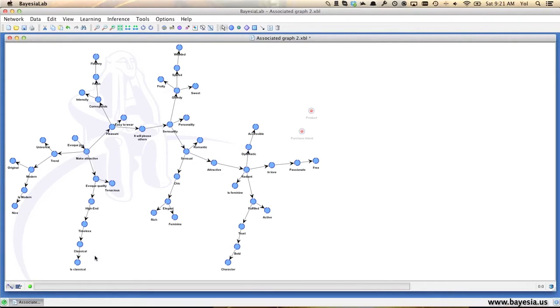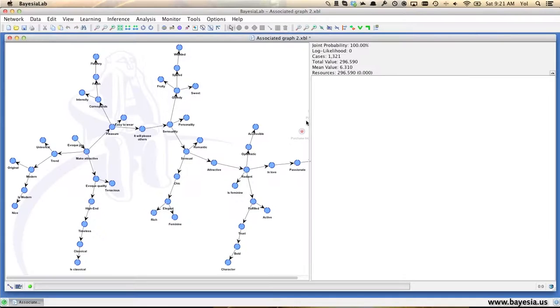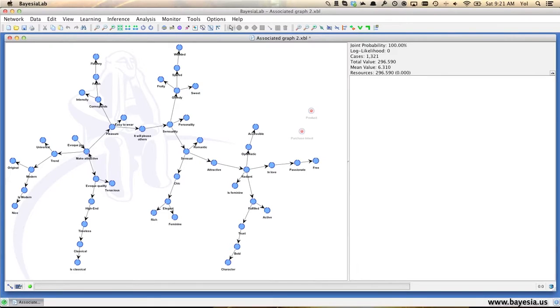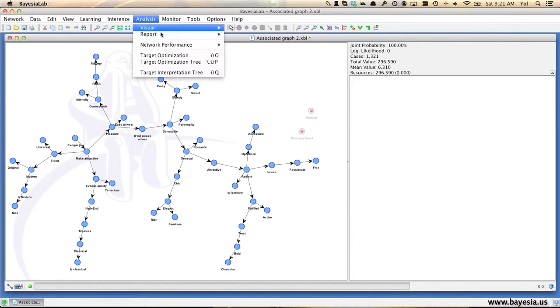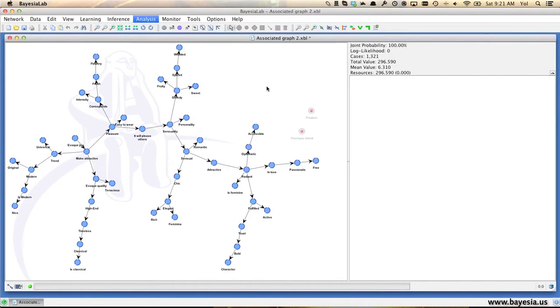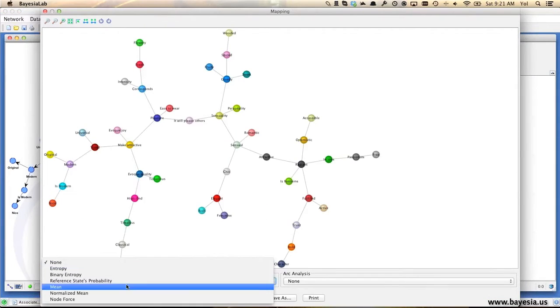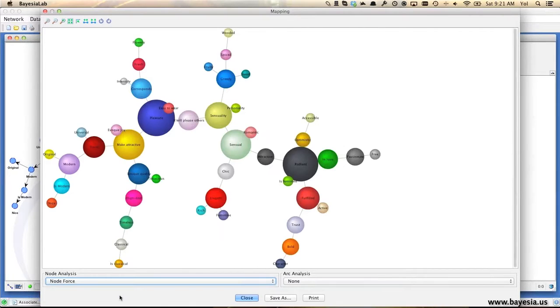To be able to have a quantitative analysis of this network, we will again go into the validation mode, remove these monitors, and use a tool to analyze the strengths of each relation. So we can directly go to visual analysis, visual, and we will use the mapping. It's another view of the Bayesian network, and I can directly use node force, for example, and Kullback-Leibler here, and this way I have